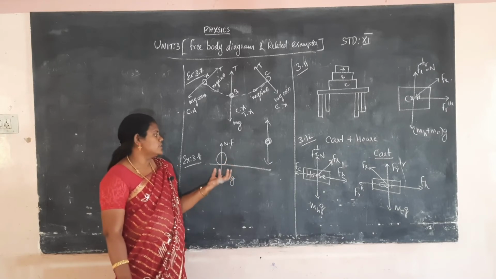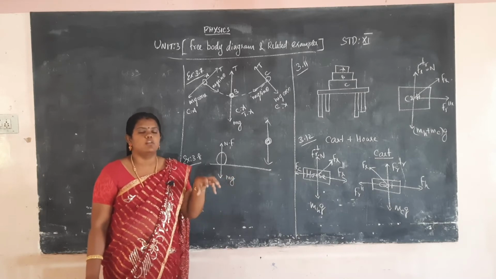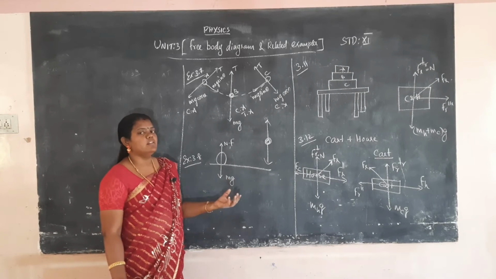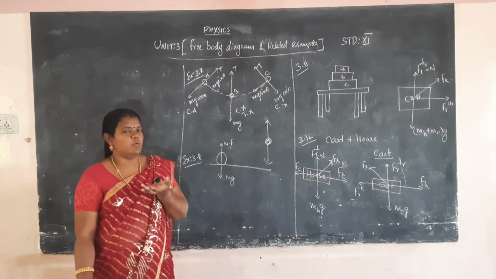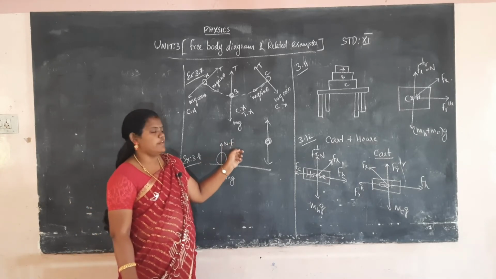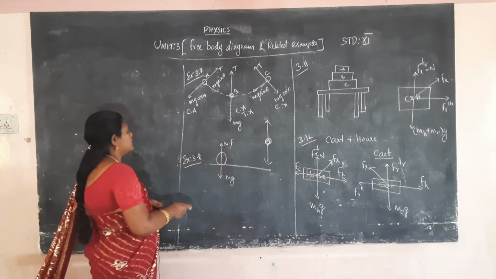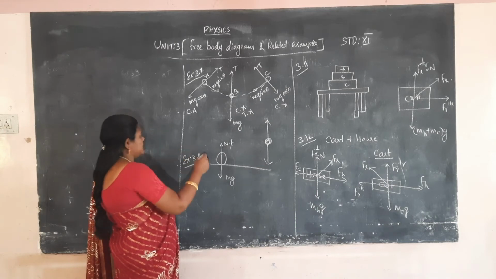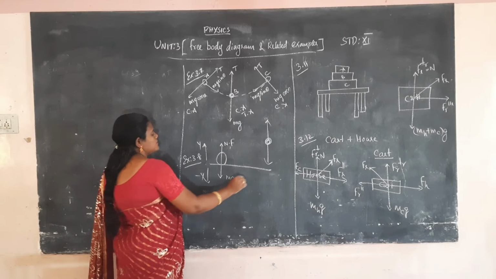Rest means the weight of the ball gives a force on the floor, that is mg. Then the floor gives an upward force to the ball or any object, and that force is the normal force, that is N, the normal force. This is the way we easily calculate, considering the Cartesian coordinates: that is the y axis, that is the negative y axis, okay, that is the x axis.